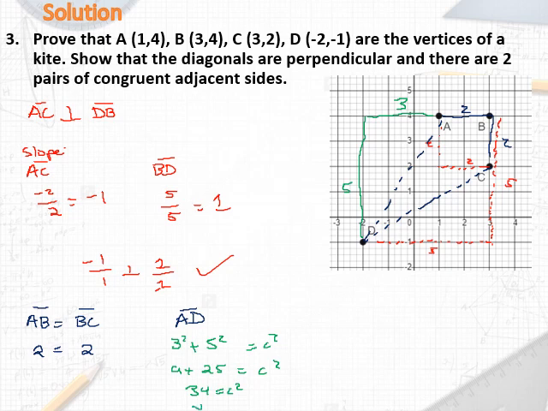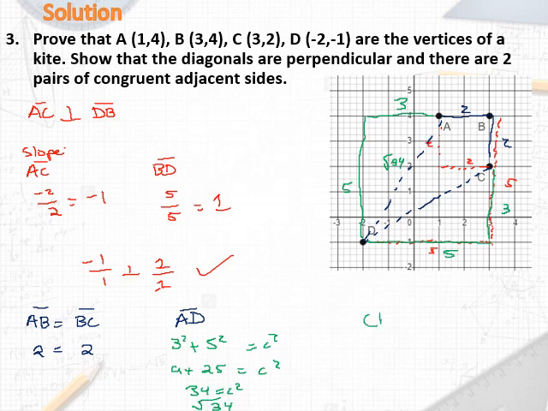So that would mean our answer is square root of 34. Root 34. On the other side, we already have the base here is 5. Height is 3, so we know we got the same numbers,